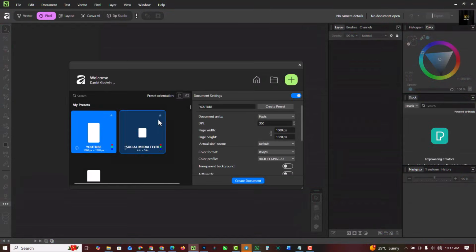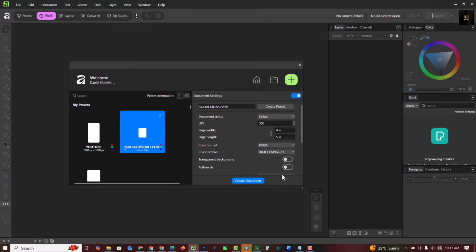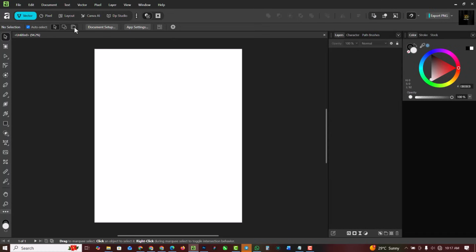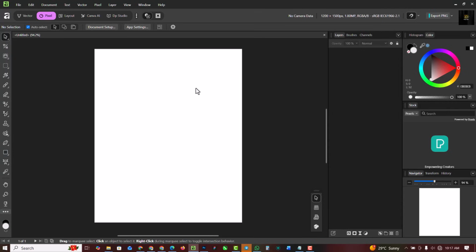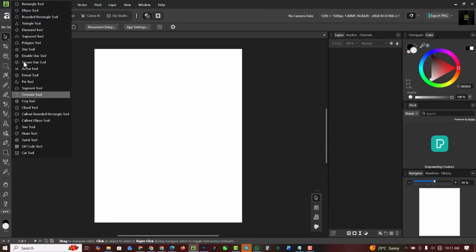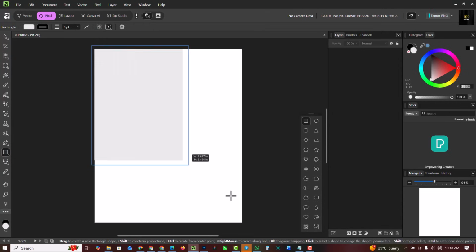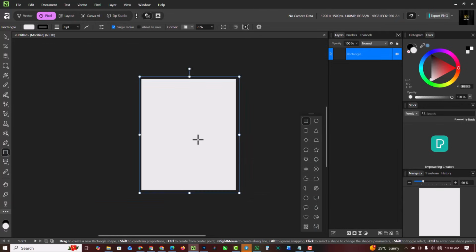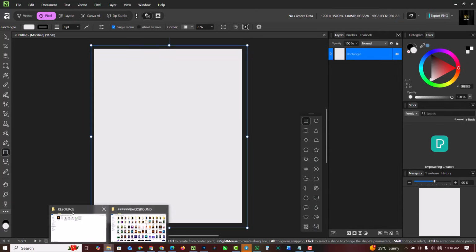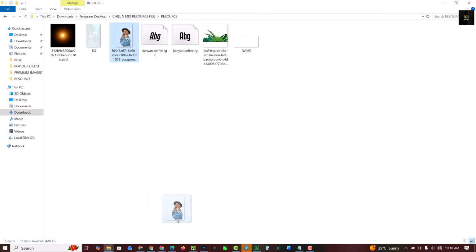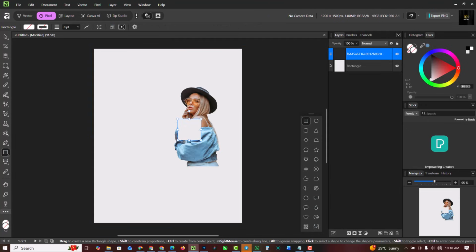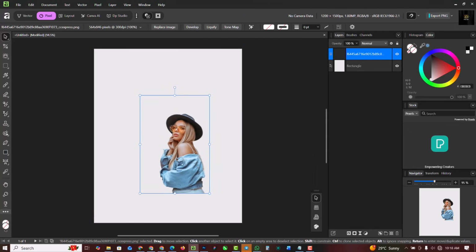Without having to say much, let's get started. So click on File and New like this, and I'm going to use a 4x5. I'm using inches, resolution 300, like we've done in previous videos. Immediately, I'm going to switch to the Pixel Studio. I'm going to use my rectangle to draw a rectangle like this, right? And I'm going to, the resource file, these files are in,